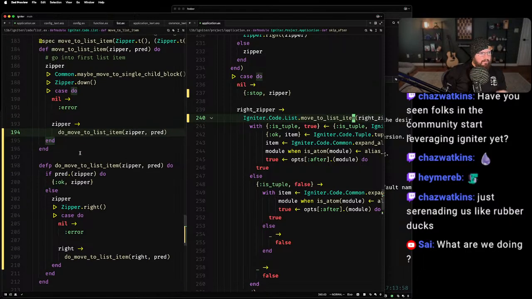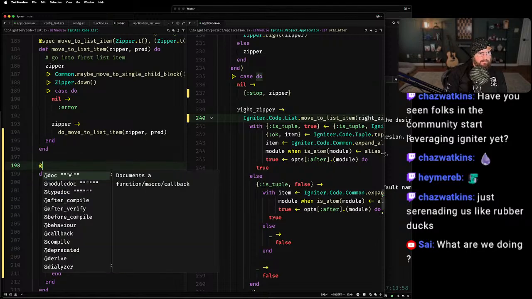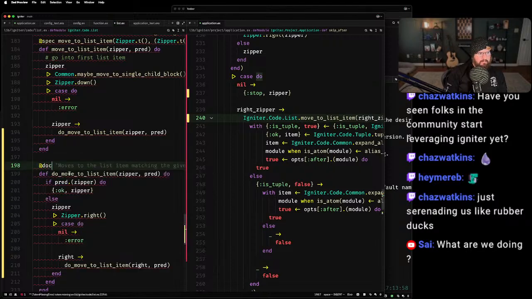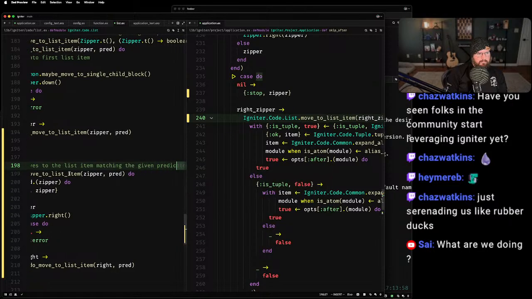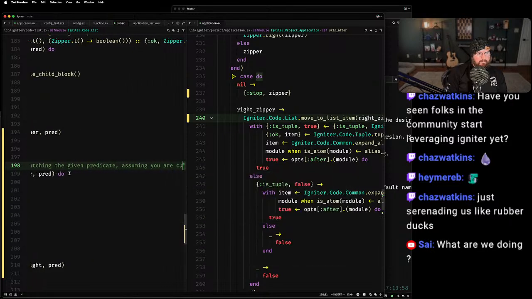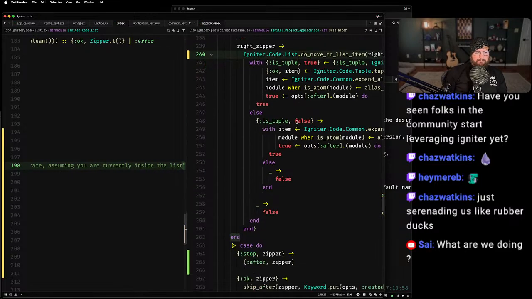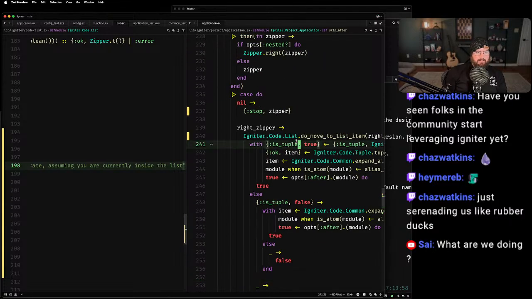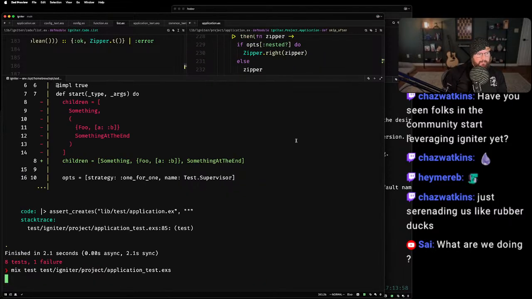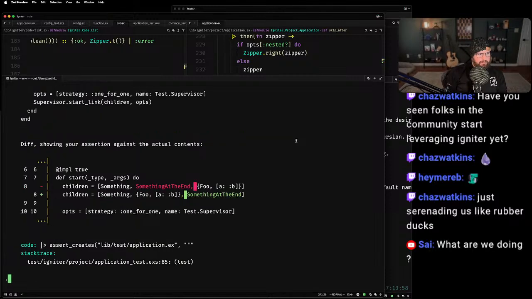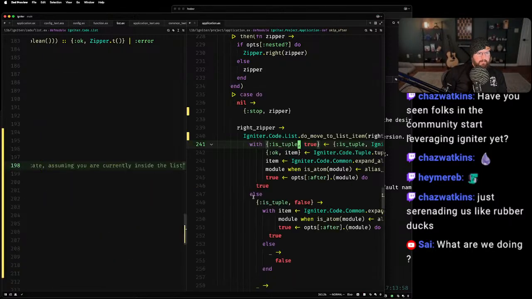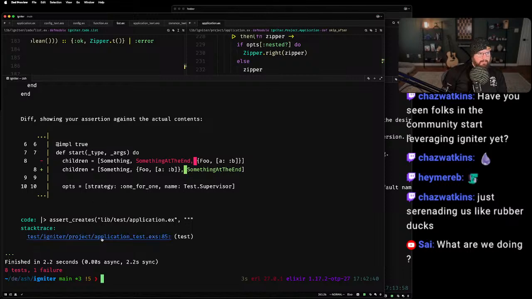So we want this move to list item to be this. This might actually work. Okay, yeah, this is close.